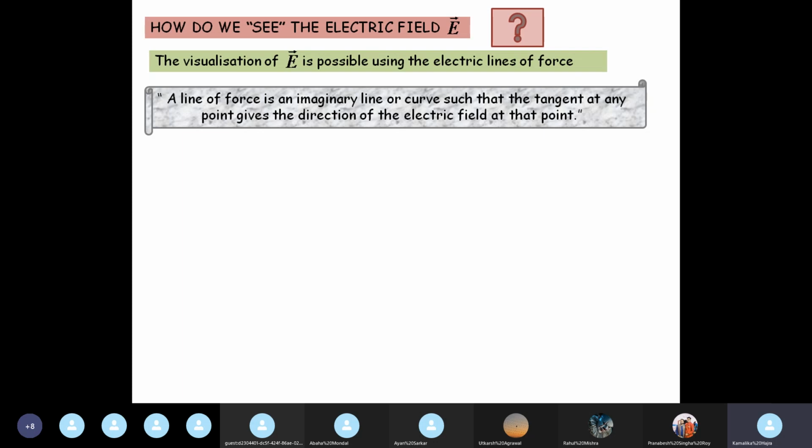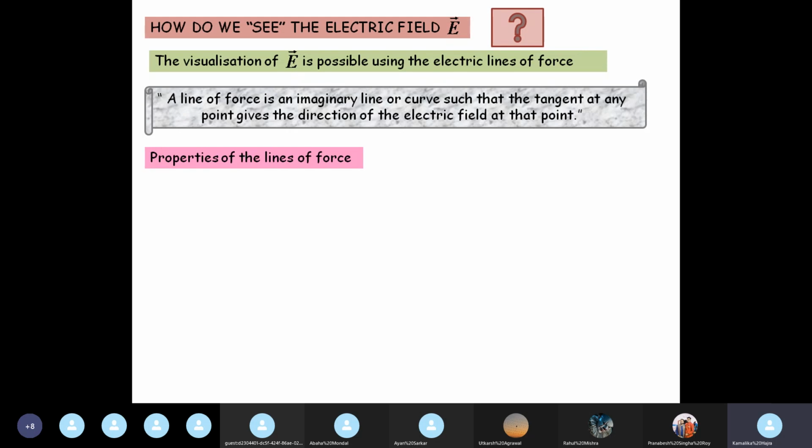Now you know that electric field is dependent on distance. So the value of the electric field will change with distance. It also depends on the unit vector r. So its direction will also change as r changes direction. Okay, so as you move away from a charge or as you move towards a charge, the tangent to an imaginary line that will give you the direction of the electric field at that particular point, that is called the electric line of force. Okay.